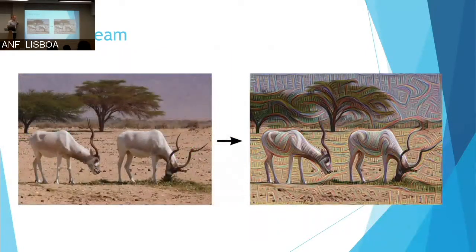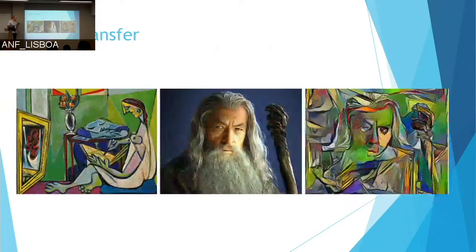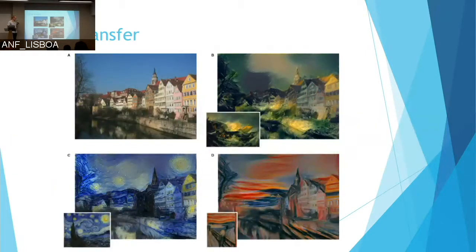You can also apply it to an image and texture an image. So you might have seen apps on your phone that do this kind of thing. Style transfer is an interesting one, maybe for fashion as well. You can take a painting, learn the features of the style of that painting, and then apply it to a photograph, and that's the output. This is the input, that's the output. Some more examples there. This is a photograph, and then there are 3 different styles applied to the same photograph. And you can get apps on your phone that do this if you want to try it out.